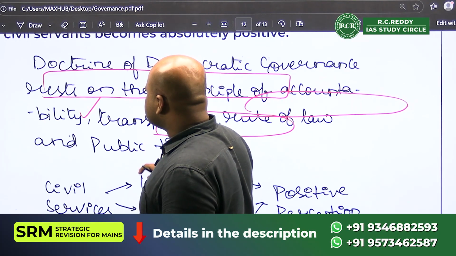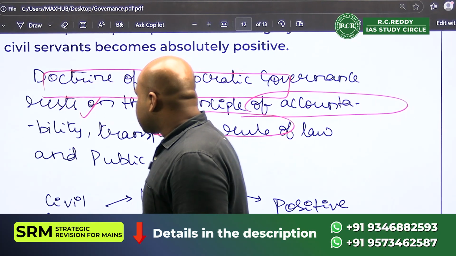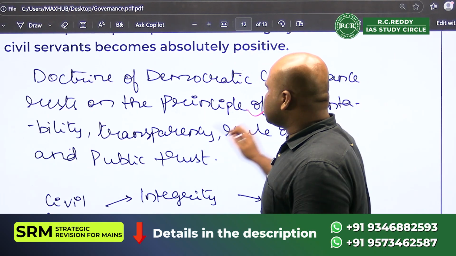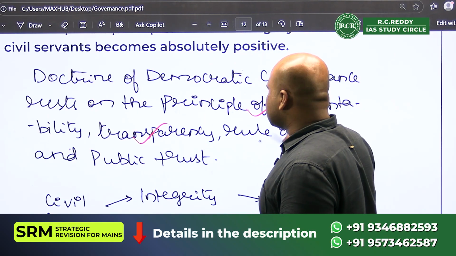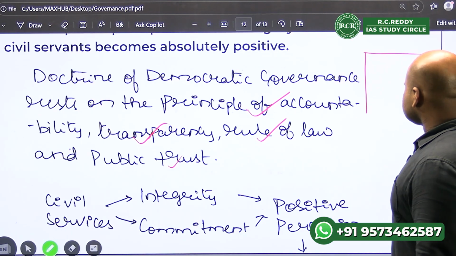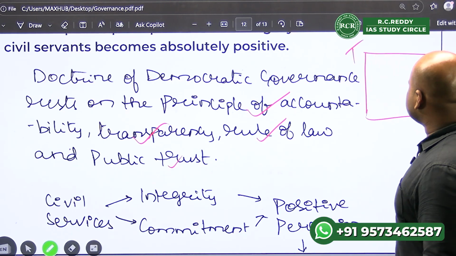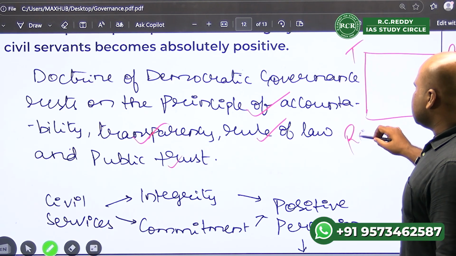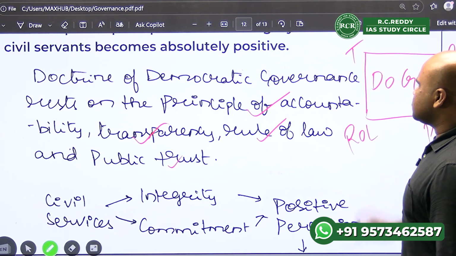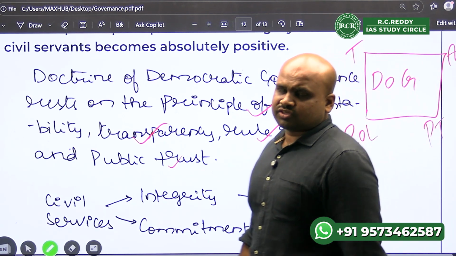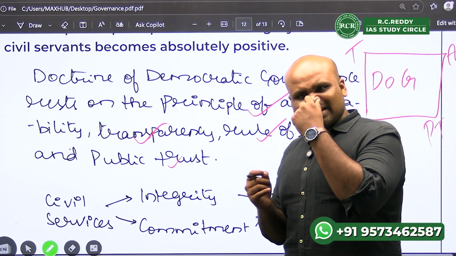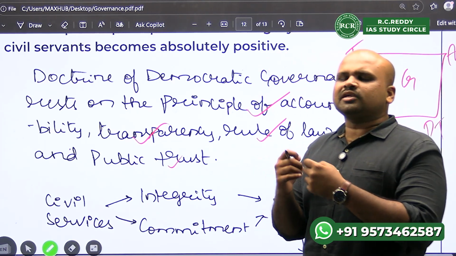Now, when you look at this doctrine of democratic governance, that is the first point where you will have to introduce. The doctrine of democratic governance is nothing but where the principle of accountability, transparency, and rule of law and the public trust has been upheld. That means all four aspects of transparency, accountability, rule of law, and public trust are important in talking about this doctrine of democratic governance, which fundamentally sees an efficient as well as a positive perception being built upon